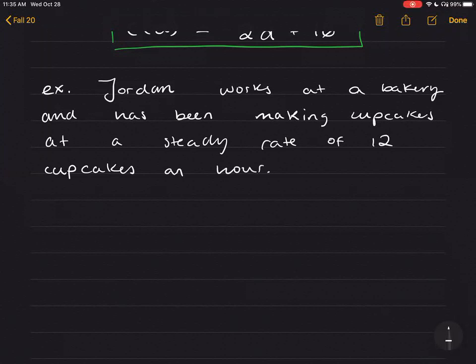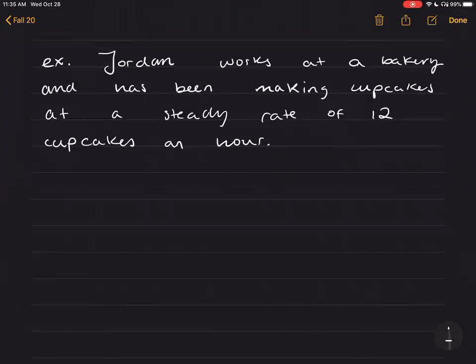Okay, so you're already thinking, oh, we've got a rate, 12 cupcakes an hour. This is good. That'll be our slope. That's good thinking. Let's keep going and look at the rest of the setup. So after 4 hours of making cupcakes,